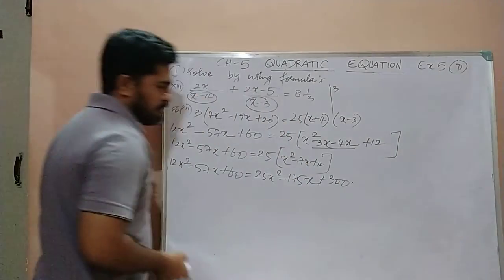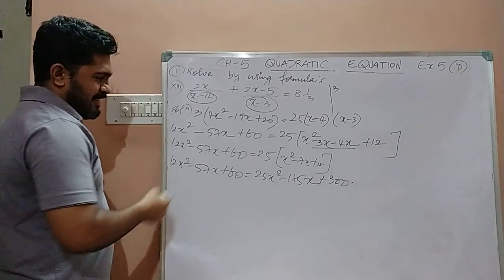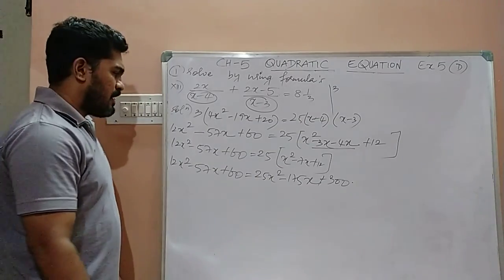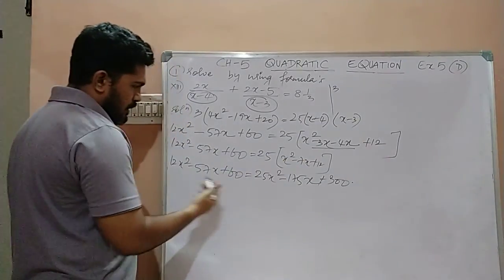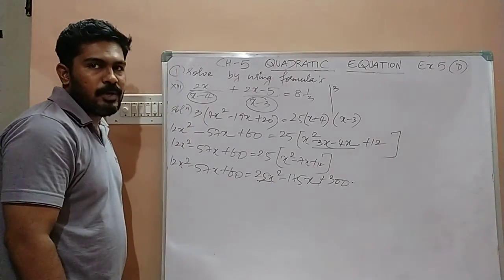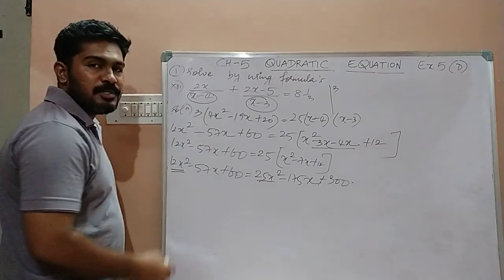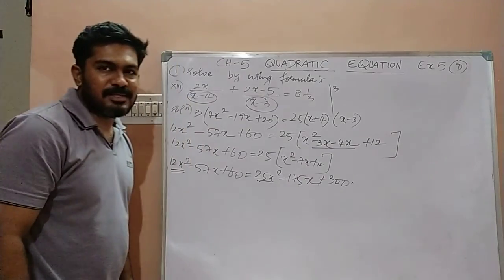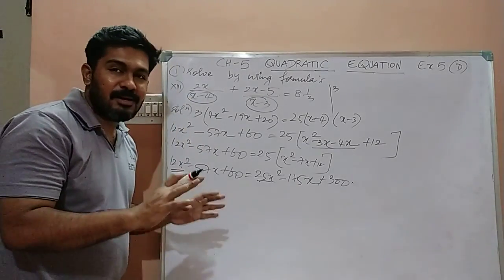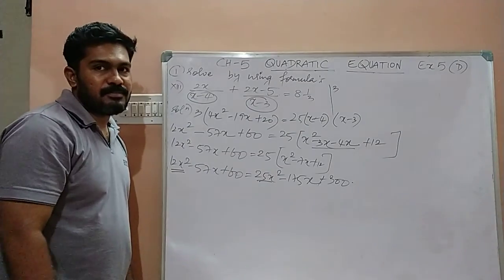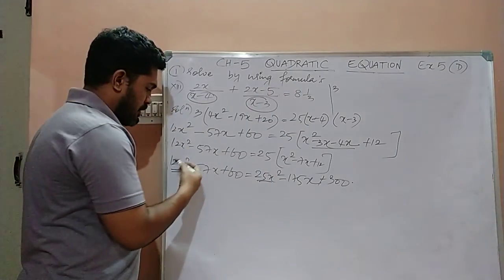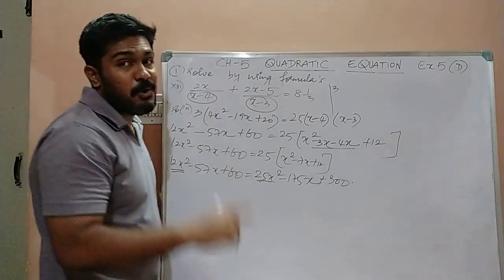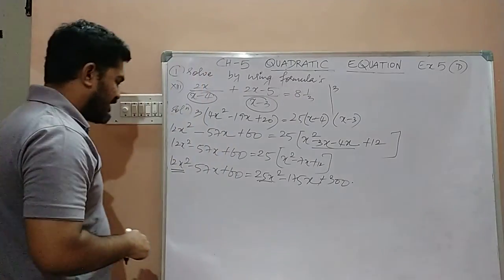300. Yes. Easy? Now children, we have to shift either the left side to the right side, otherwise right side to the left side. I think we can go with left side to the right side. Why? You know children, here on the right hand side we are having positive 25x square. On the left hand side we are having positive 12x square. Let us bring this positive 12x square to the right hand side so that it remains a positive number. Isn't it? You just do some mental calculation. If 12x square goes to the other side, it becomes 25x square minus 12x square, which is positive 13x square. Correct? So children, let us do it.